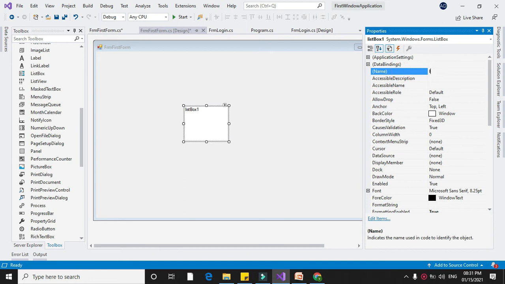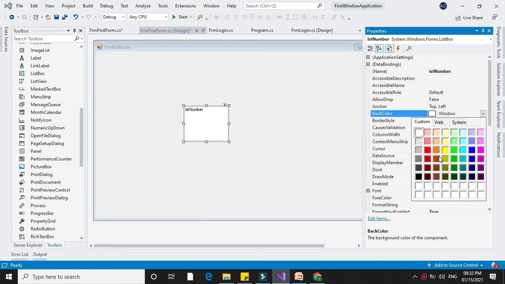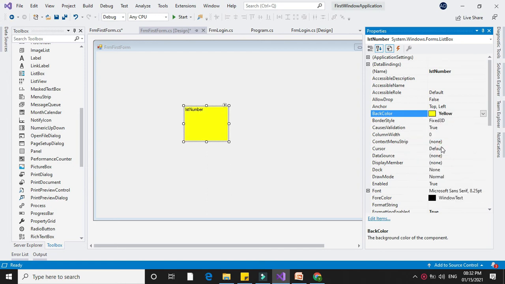So I will give the name lstNumber, since I am going to store 1, 2, 3, 4 for testing. Next property is BackColor. We can set the BackColor property to change the background color of our list box.